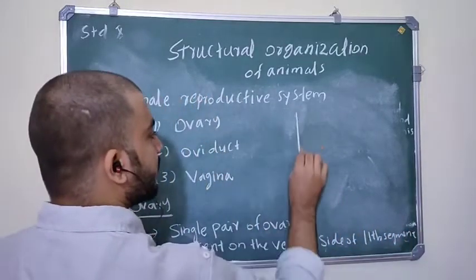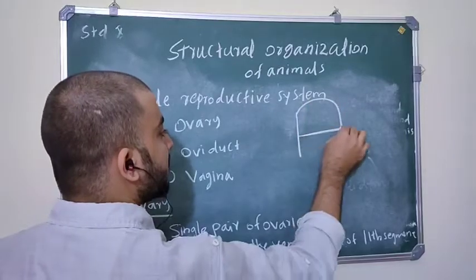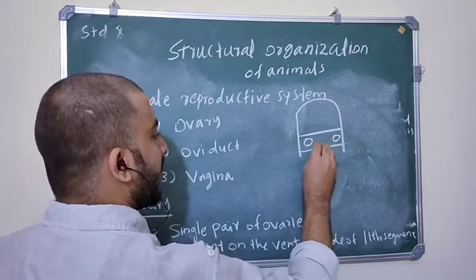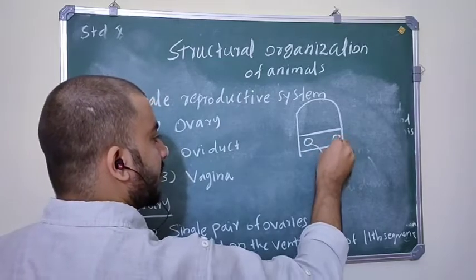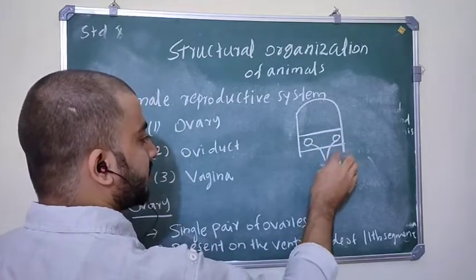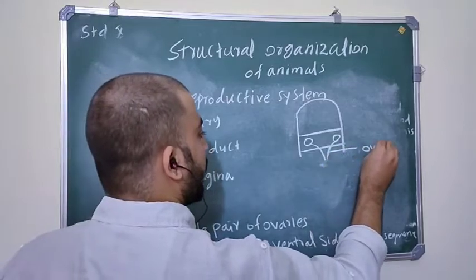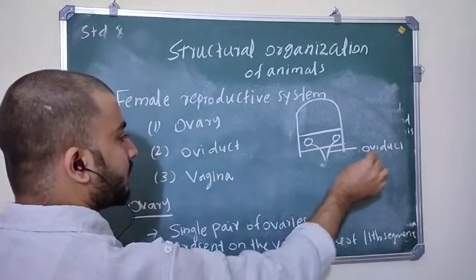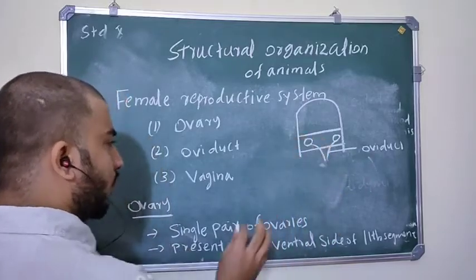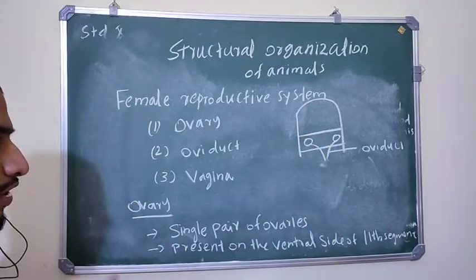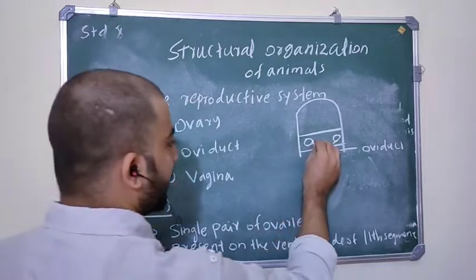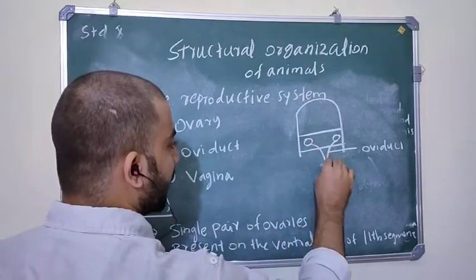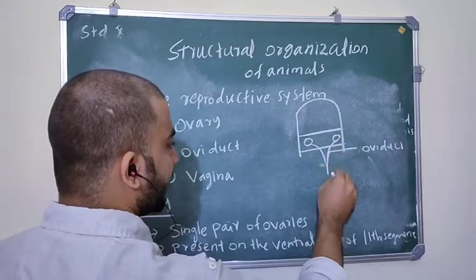Suppose this is leech. This is the 11th segment. Suppose here you can see ovaries, and these ovaries form oviduct. The duct coming from ovary is called oviduct. So inside the ovary, what forms? They develop ova. So this ova is coming from ovary. It will go through oviduct, and the two oviducts combine and they form